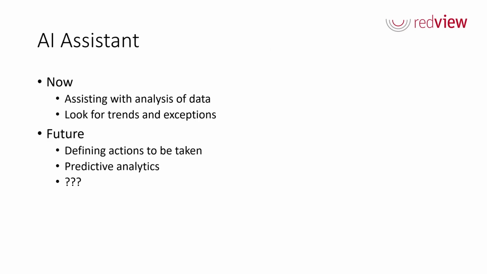So here we are just looking at what we've done with AI at the moment. Within the Acuity database, what we've done is provide tools to help with the analysis of data, and secondly, to look for tools and exceptions. In the future, what we're looking at doing is potentially defining actions to be taken. So to start off with, it could be that, oh, hey, look, we're under budget for the month. What could we do? We can look for matters that might be due for billing